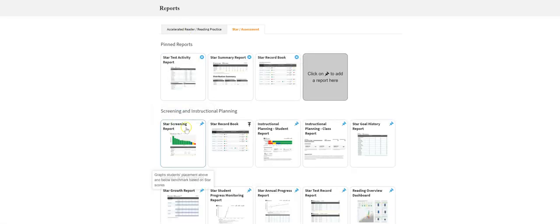There's another way that I think is a little bit easier. This is called the Star Record Book. Now, the reason that I would recommend you try to use this one more, with the purpose of finding out if the student has tested or not, is because on this one, when I click on it,